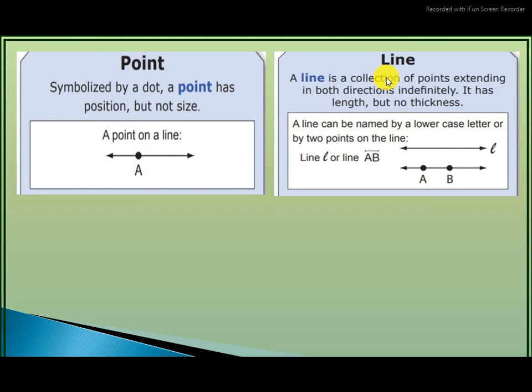So then what is a line? A line is a collection of points extending in both directions indefinitely. It has length but no thickness. So you can see L is a line. You have two arrowheads which show that the line can be extended indefinitely on either side. So when you write the line AB, a line is denoted above with two arrows,